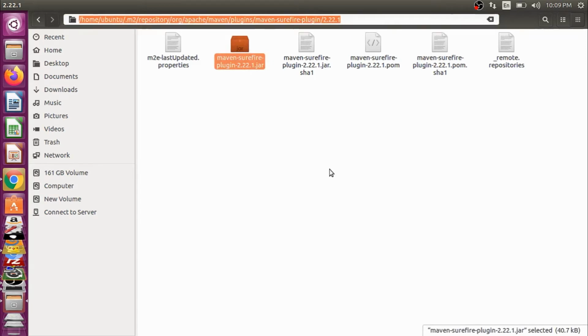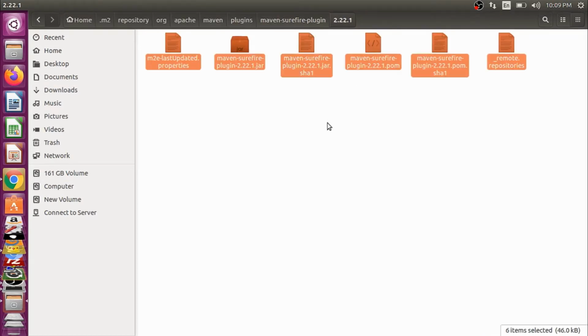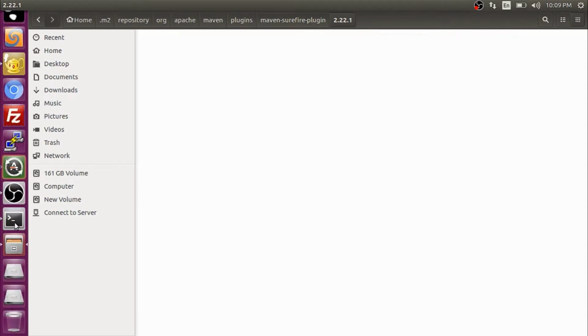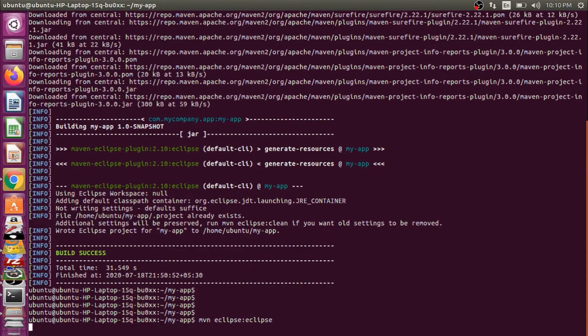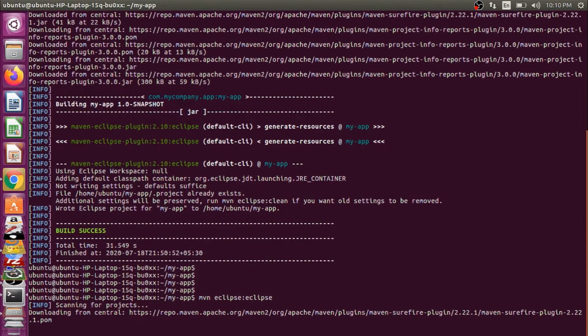Let's see if Maven downloads it again or not if we delete this particular jar or content of the folder. Again, we'll be going to the terminal and use the same command to download all the required jars by our project My App.